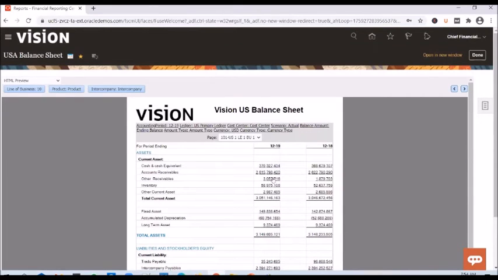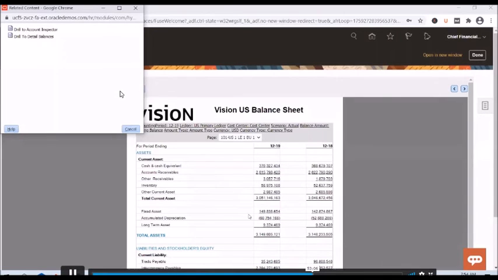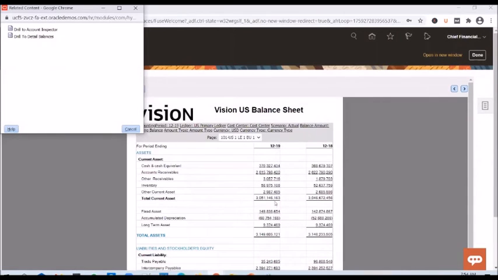And if you want to see from where this balance has come from, you could see that this is a clickable field, right? So if you click on it, you see a pop-up and you get two options. And these options will help you to figure out where this balance has come from. So this accounts receivable, we know that it's 11,000 account number, right? But that 11,000 is a topmost receivables account that might have other child accounts. And from those child accounts, the balance would have come, which would have summed up to this value.